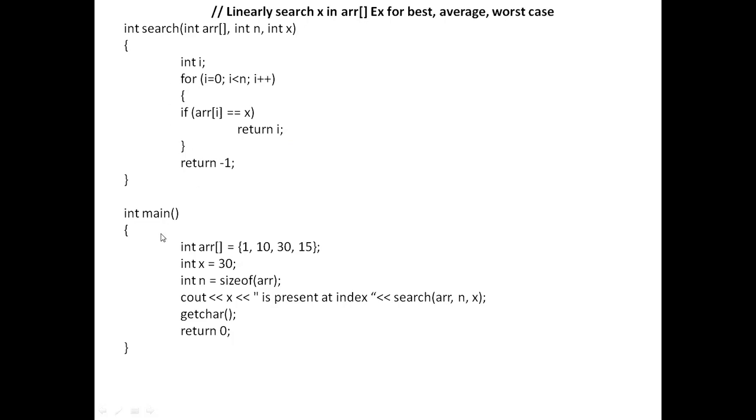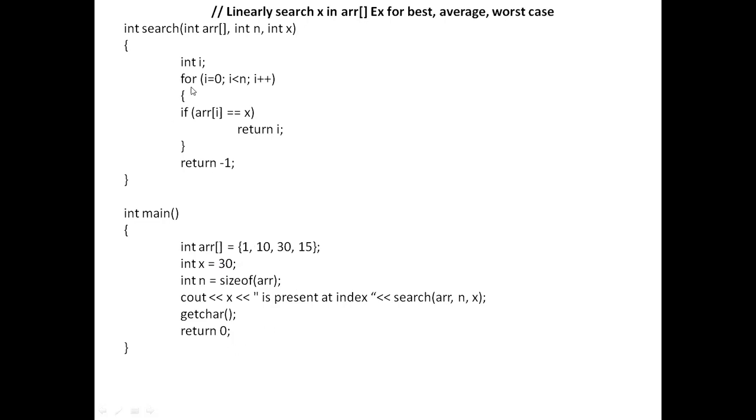Here comes the main. I declare the array and initialize it with 1, 10, 30, 15. The element to be searched is 30. And n, the size of this array, is 1, 2, 3, 4, so 4 is the size. So n gets the value 4. I will loop from 0 to less than 4, that is 0, 1, 2, 3.